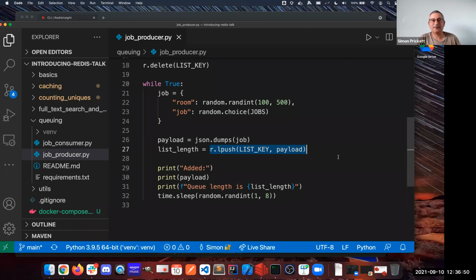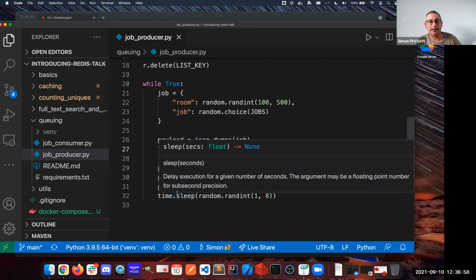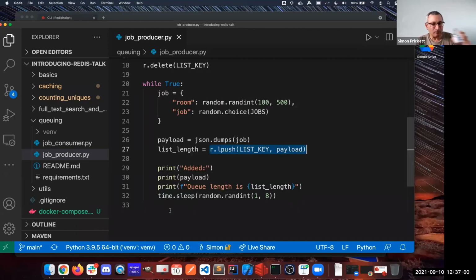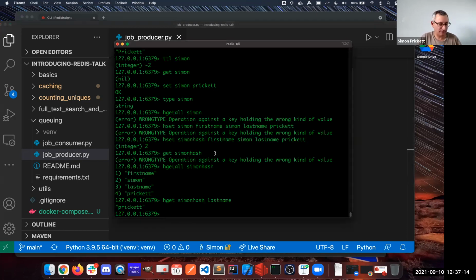So it'll go away and add things to a list. And then it'll use the result of the LPUSH command, which will tell us how many things are on the list. So when we put something on the list, it will say, great, I'll put that on the list, and there's 1, 2, 3, 4 things on there. So if I go ahead and start that running,